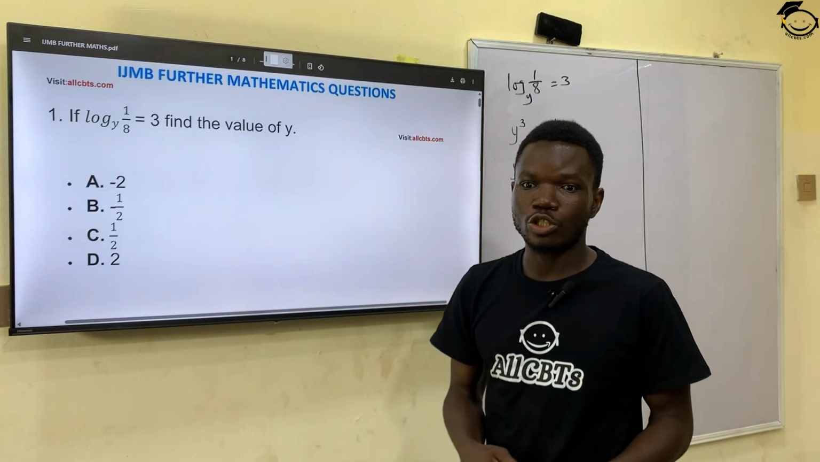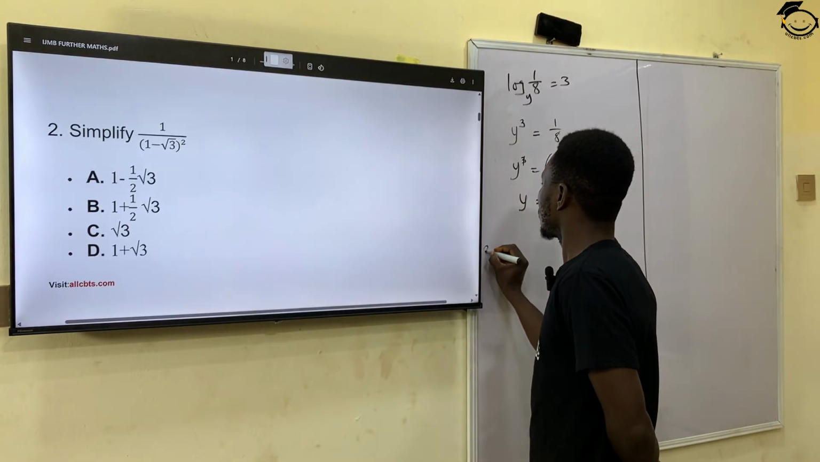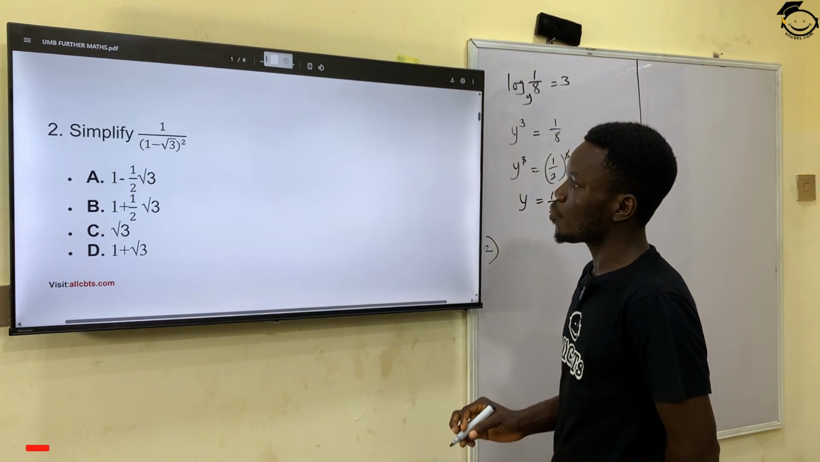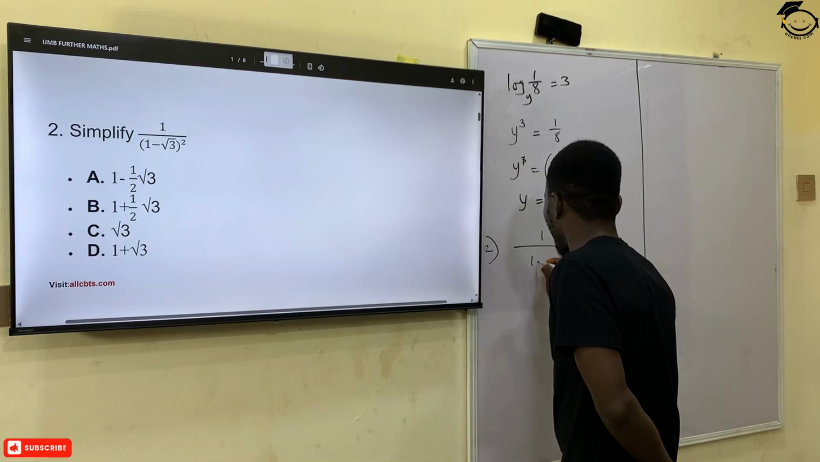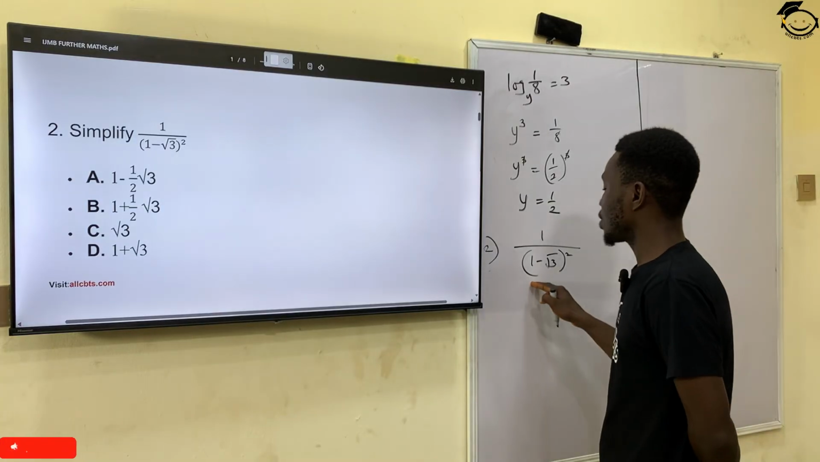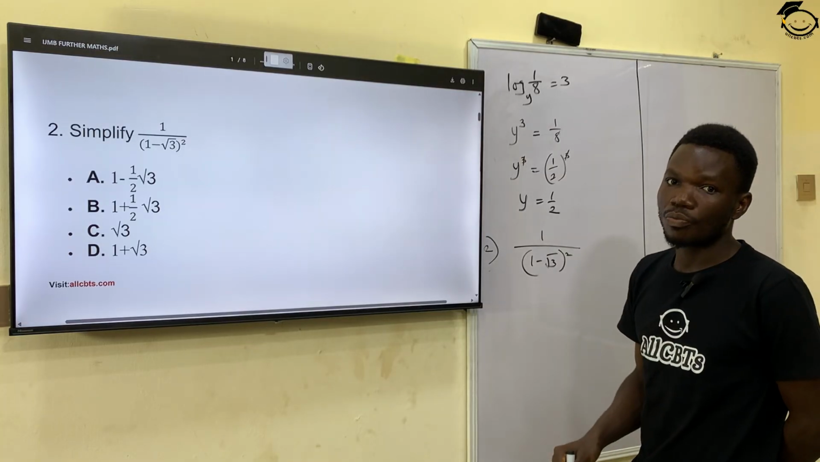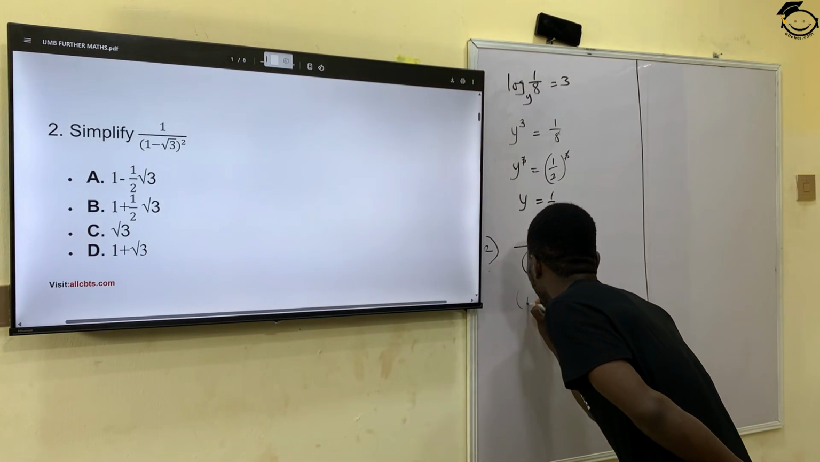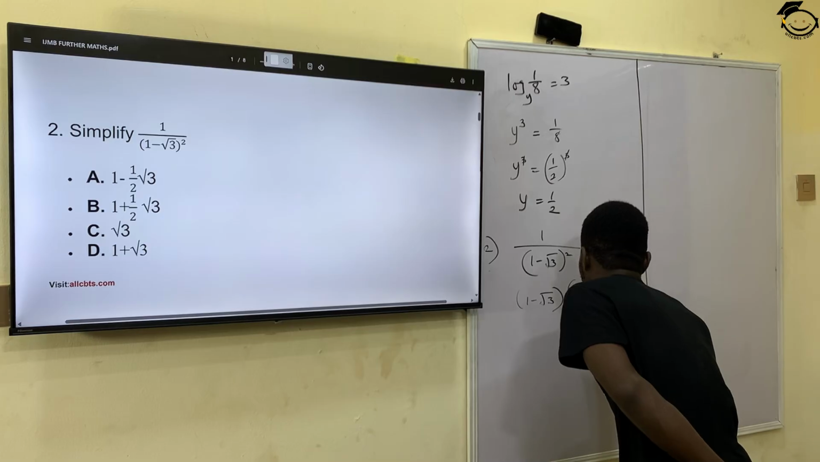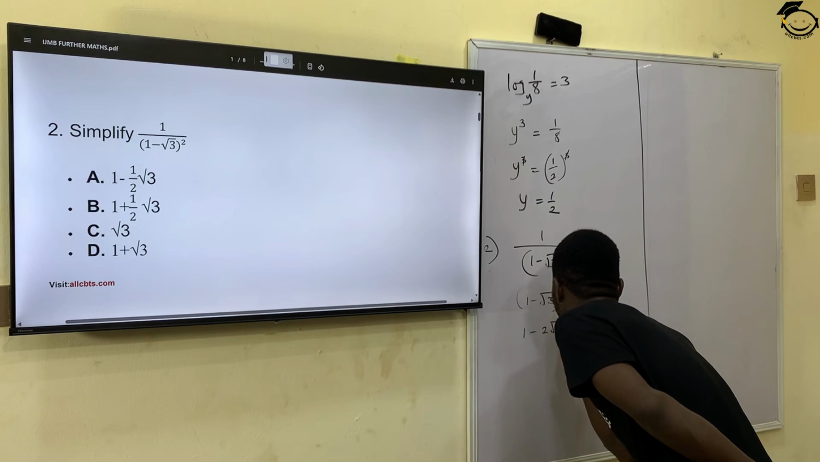Moving on to question number 2. Question number 2 says, simplify 1 over 1 minus root 3, all squared. So if I have 1 over 1 minus root 3 all squared, and we're asked to simplify this, the first thing we're supposed to do is to simplify or evaluate the denominator. So if we evaluate the denominator here, I have 1 minus root 3 in bracket times 1 minus root 3. That will give me 1 minus 2 root 3